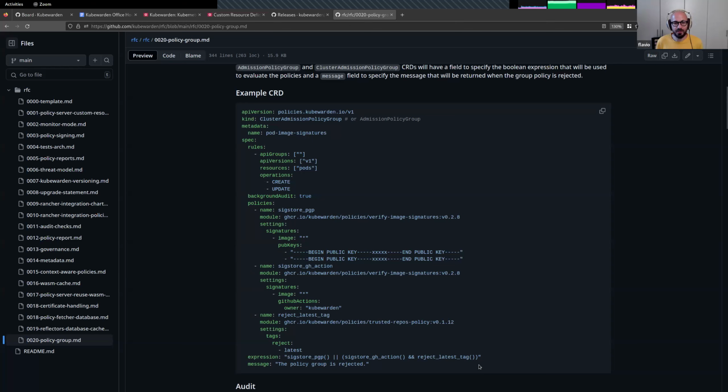So it must have been built inside of a GitHub Action, and the GitHub Action owner has to be the GitHub organization Kubewarden. So this image must have been built by the Kubewarden organization on GitHub. So the first condition is this one. But not just that, we are also going to require that this is not an image that is being pulled using the latest tag.